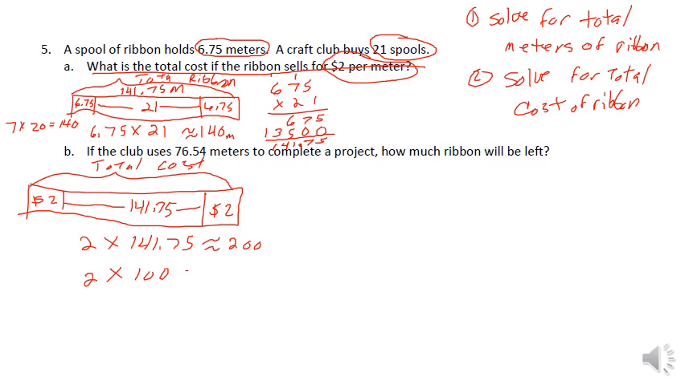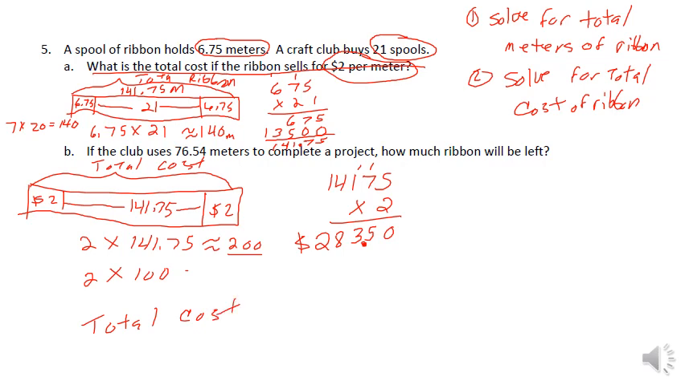Now we have 141.75, and I'm taking out the decimal, times 2. 5 times 2 is 10. Carry 1. 2 times 7 is 14, and 1 is 15. Carry 1. 2 times 1 is 2, and 1 is 3. 2 times 4 is 8, and 2 times 1 is 2. But remember, our estimation was 200, so we know this has to be 283.50. So the total cost of ribbon was $283.50. Now part B says if the club uses 76.54 meters to complete a project, how much ribbon will be